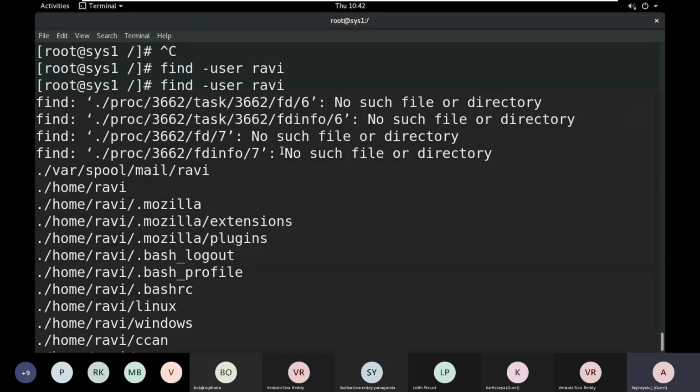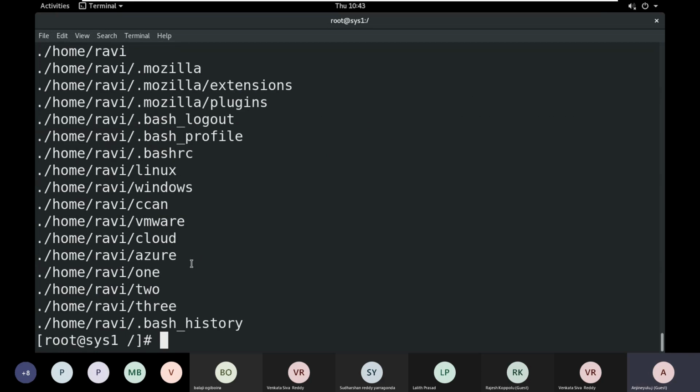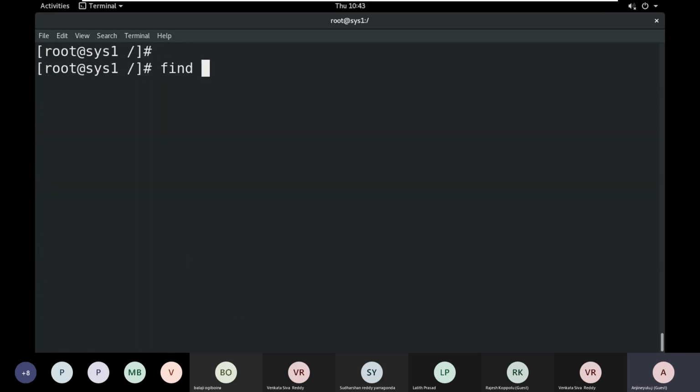For example, I want to find out group files and directories. Very simple. You can give find -group, group name Ravi.